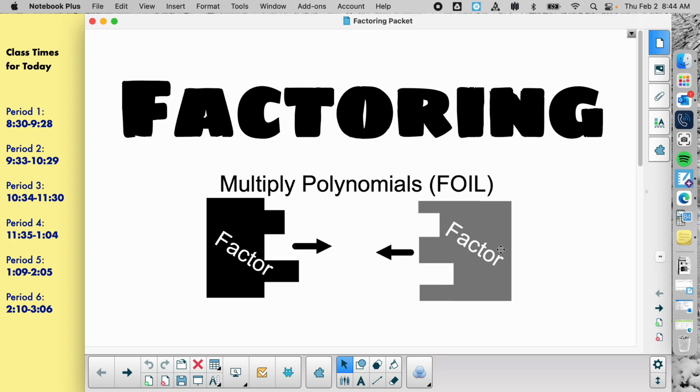Yeah, I'm going to pretend like I remember what we were talking about, factoring. Did you answer it? I don't remember. Yeah, so I'm going to give you the answer and you're going to figure out what was multiplied to get the answer. So this unit is the exact inverse of last unit. You're going to have to figure out what was multiplied from the answer you're given. Now we're going to take it in baby steps though. It's not like I'm just going to give you a direct problem right away and be like, figure it out. So if you look at page 1,